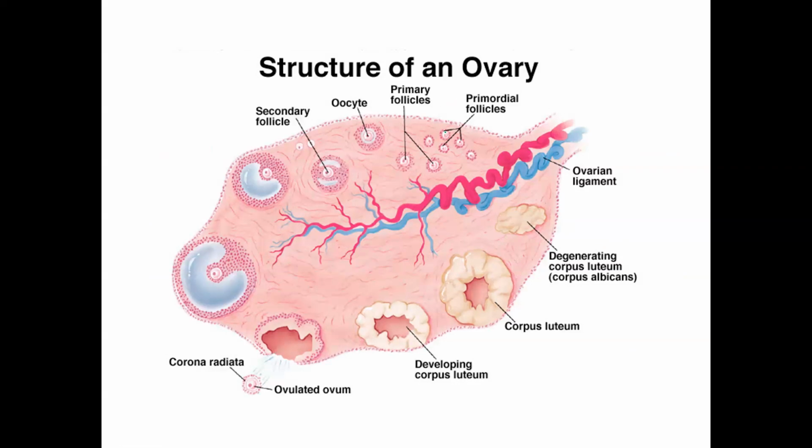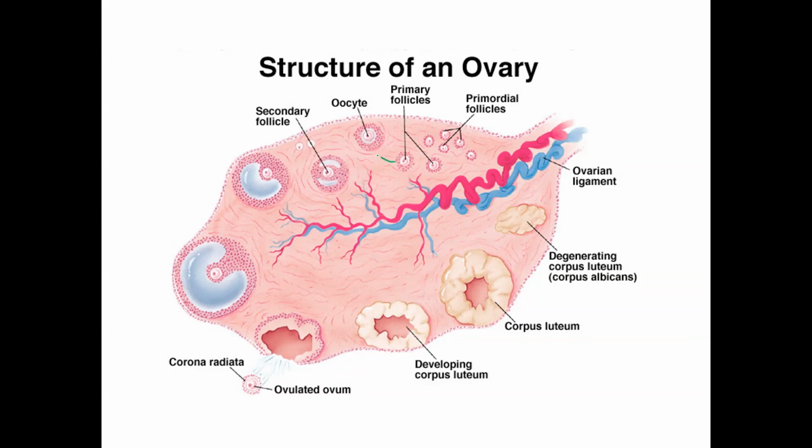So remember now, our primordial follicles are around the primary follicles. So the primary oocytes, I should say, are surrounded by the primary follicles. This is happening before you're born, remember. Then once puberty kicks in and the hormones start to flow, FSH causes the follicle around the egg